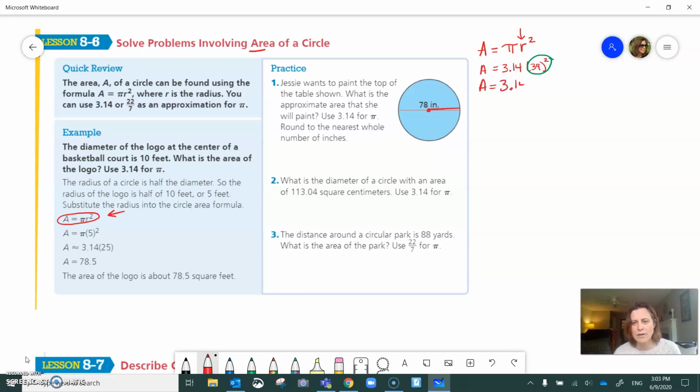So 3.14 times 1,521. I'm going to multiply that by 3.14, and I end up getting 4,775.94. They asked us to round it to the nearest whole number. The nearest whole number is this digit. So we're going to look at the number next to it. Since the number next to it is larger than 5, we're going to round this up to a 6. So the answer is 4,776